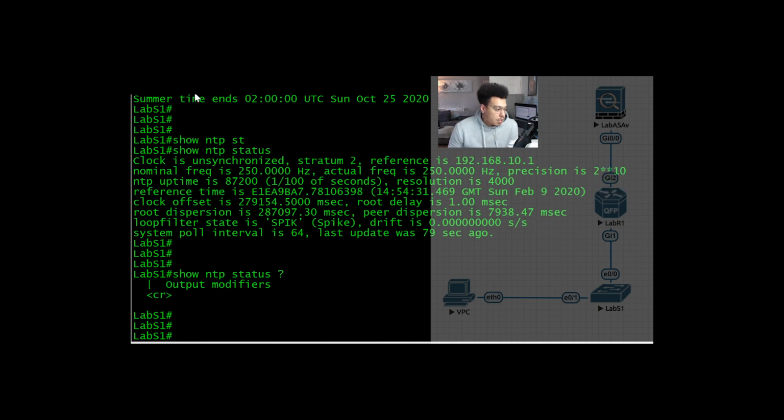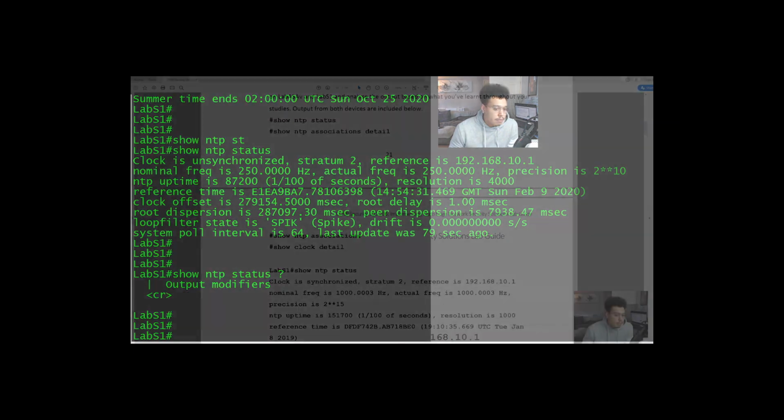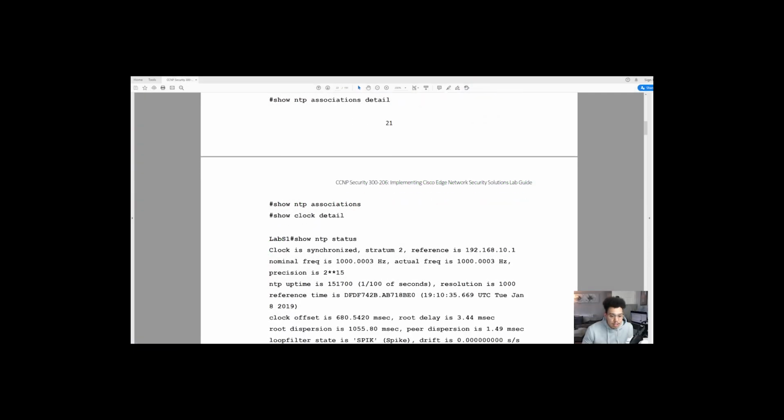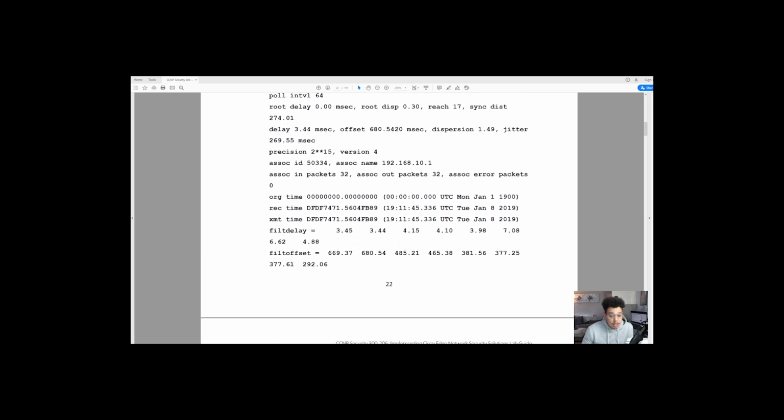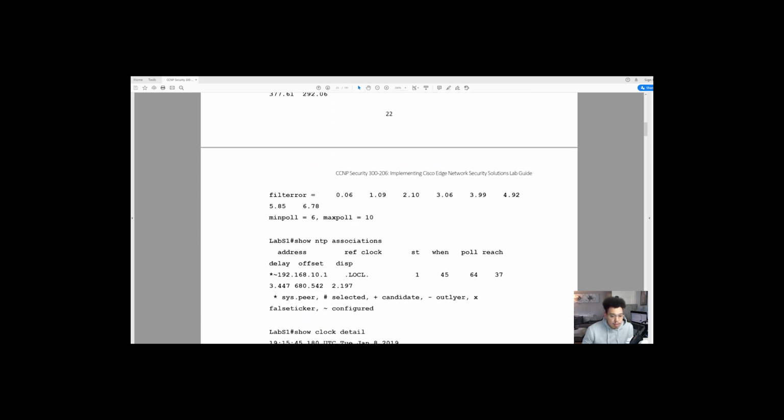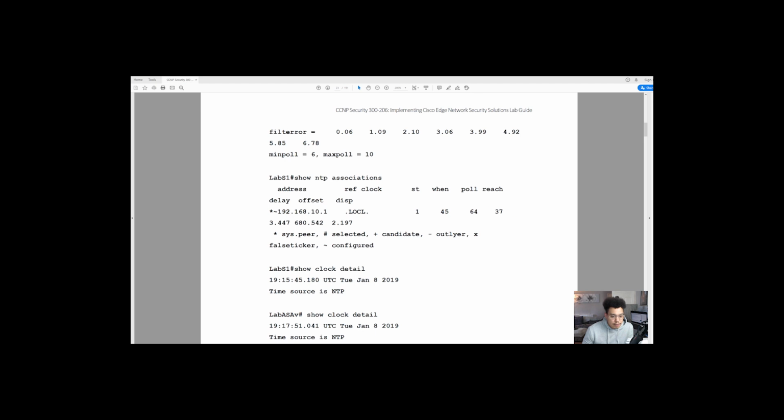So it just looks like it's taking a little bit of time to synchronize there, so I'm not going to hold up the video troubleshooting that. What I'll do is I'll come back once the clocks have synchronized. But let's just flick back there to the lab guide and make sure we're not missing anything else. I do think that's towards the end of the lab guide here. We've just got the output, pretty much what we've been looking at, but with the